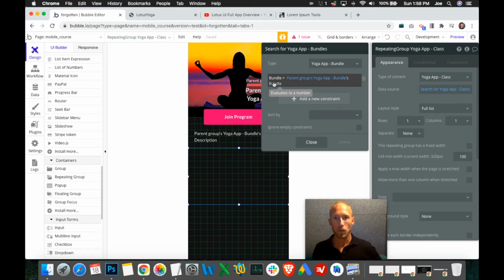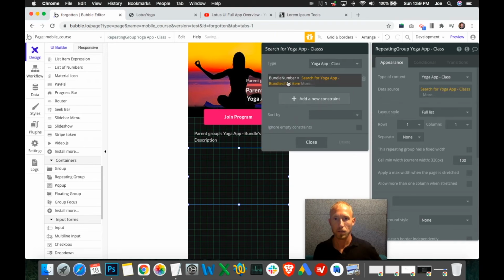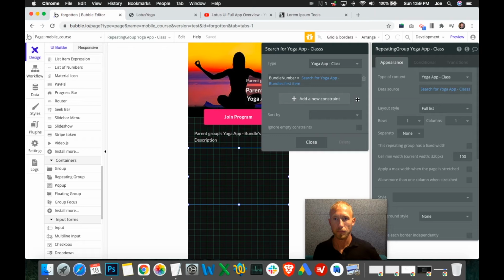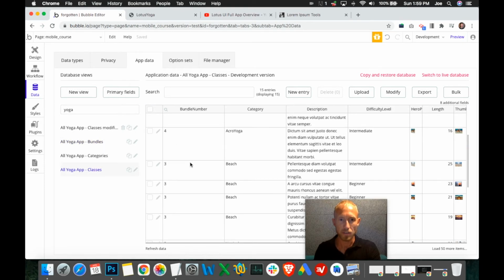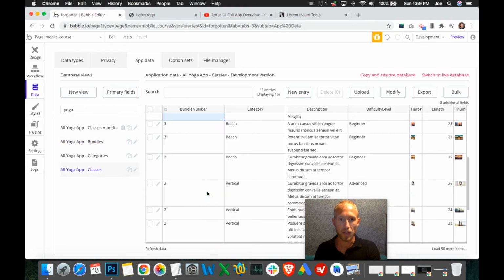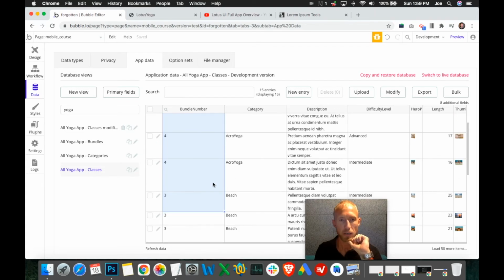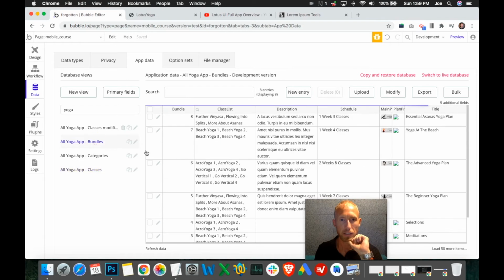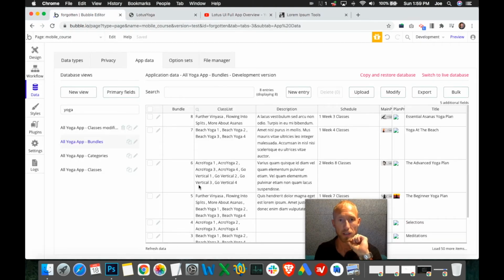So it's saying when the bundle equals number 5, that's for the bundle. Then go over to our classes, and which classes have bundles number 5? Well, none of them actually. So that's something I overlooked when I created these. So actually, I think we want to get a list of classes. I might have done that wrong. This actually works when we're not doing